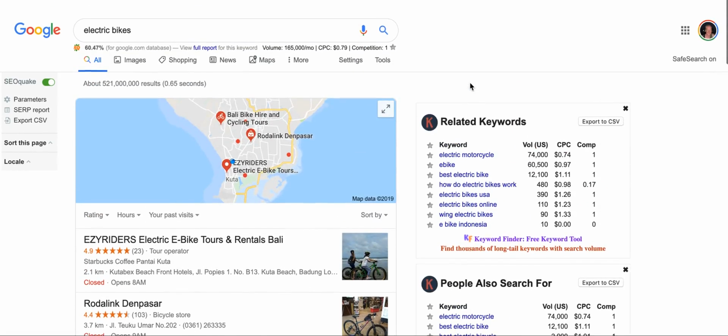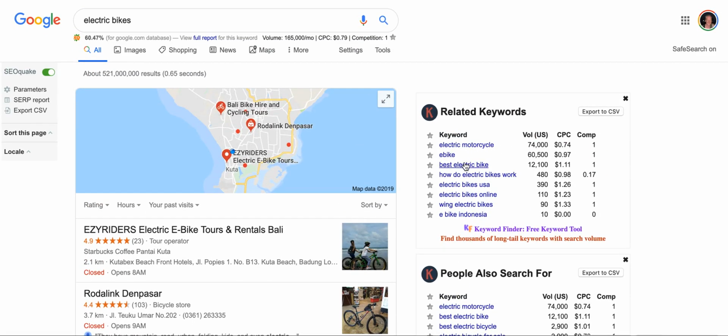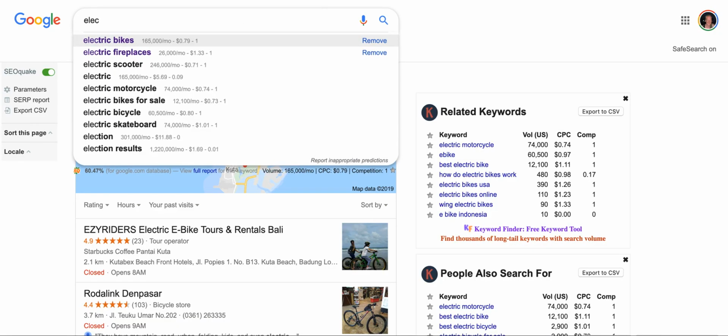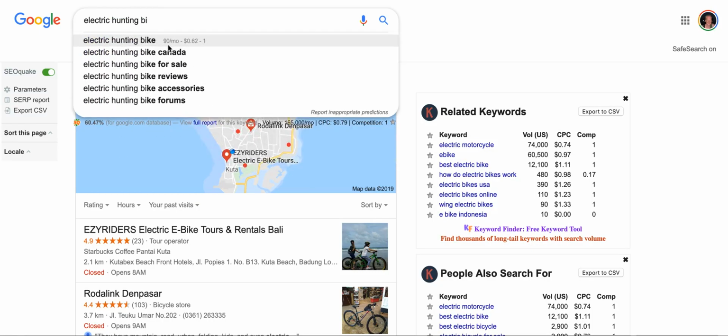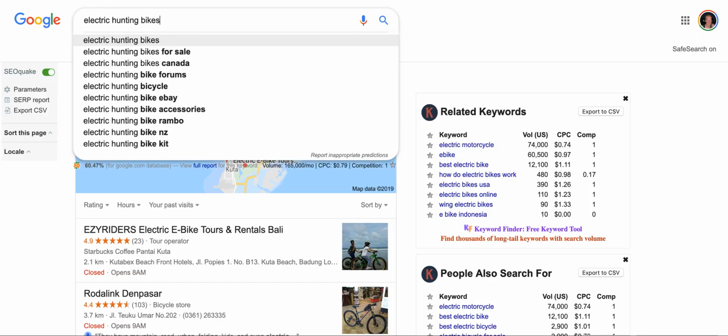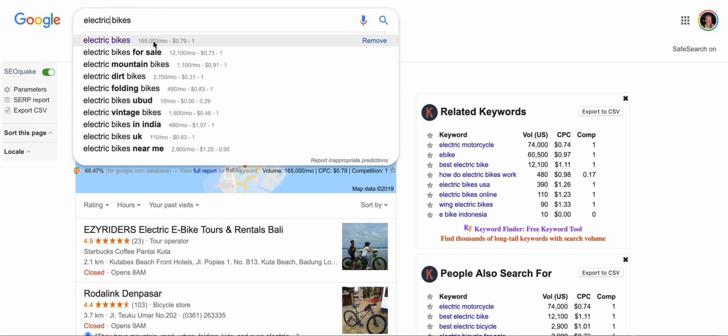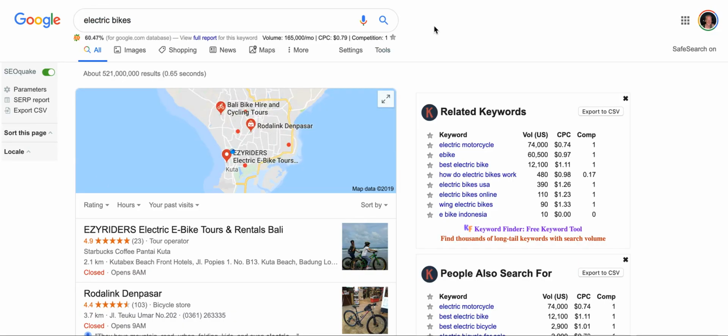Because what we really want to see is what's getting the most search volume and how you can compare that and stuff like that, and how you can try to find niche ideas. So for instance, if you just put bikes, you see it's 246, but electric bikes is 165. So it narrows down a little bit, and then you put electric printing bikes, for instance, and now you've got 2,900 per month. So there's sub niches, and they're gonna have a lot less search volume, and then there's niches that are broader that are gonna have a lot more search volume. That's usually how that works. So it's an easy way to determine search volume.